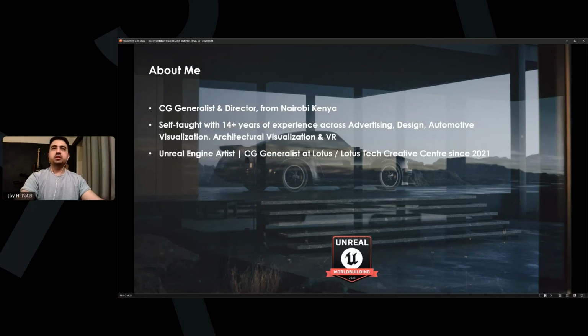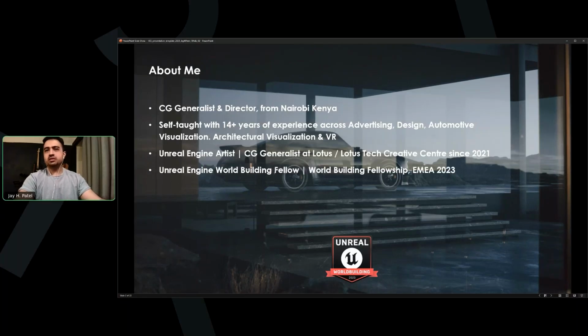And in 2023, I was part of the Unreal Engine World Building Fellowship by Epic, and yeah, got me this nice badge down there. I learned a lot just by being part of the fellowship and seeing all the amazing projects the other people were doing.